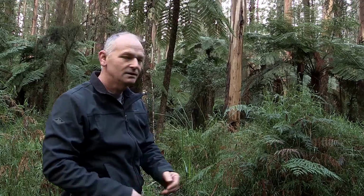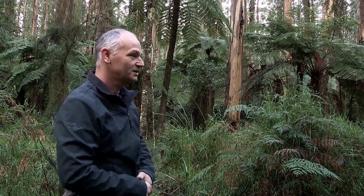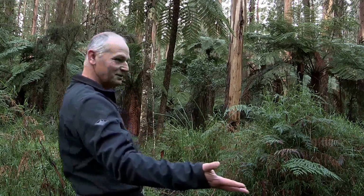Now Sherbrooke Forest is no different than anywhere else in the Dandenong Ranges. It's all been cleared at one time or another. Getting distracted by that lyrebird doing his call. Yeah, so it's all been cleared at one stage or another, and it's amazing to think that this was once